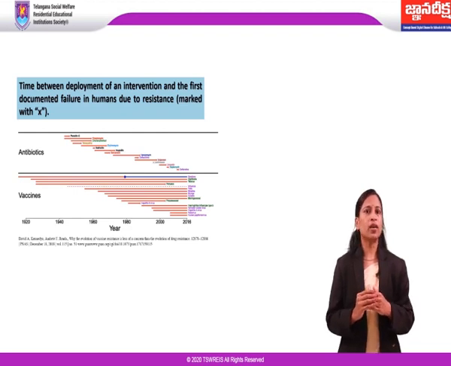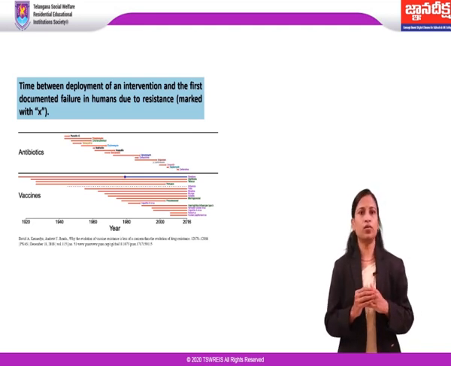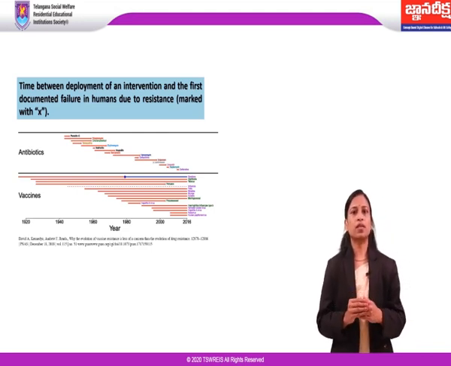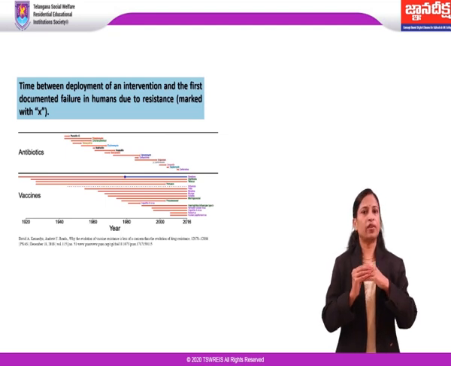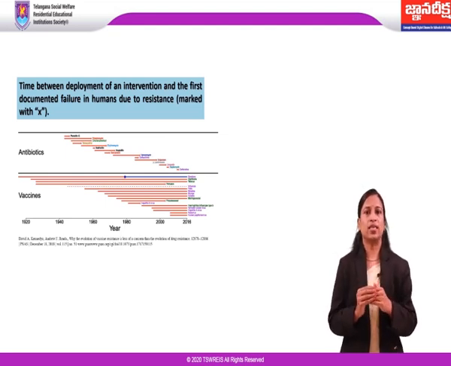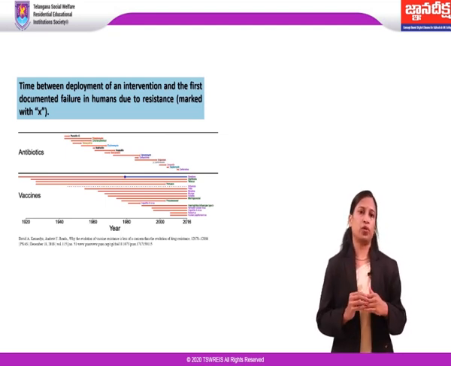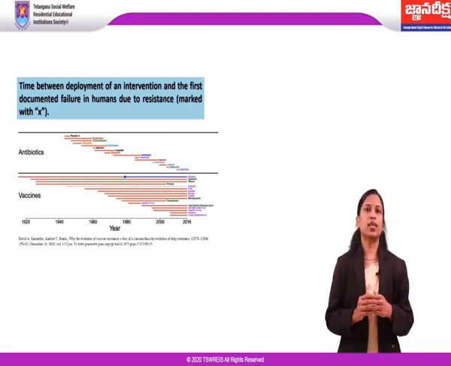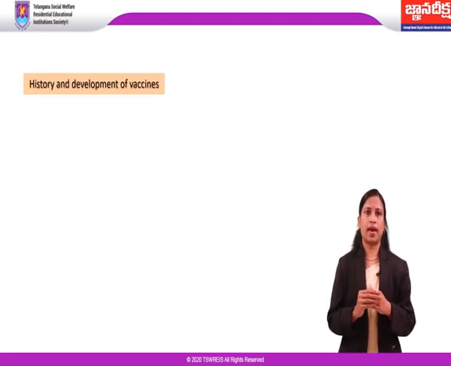Also, the antibiotics can destroy only certain types of bacteria and they are not effective on infectious agents like viruses. This makes preventive vaccination the only alternative for many of the infectious diseases. Moreover, most of the existing vaccines, except very few, have not shown any resistance even after prolonged usage. Now, let's first look at the history behind the development of vaccines.